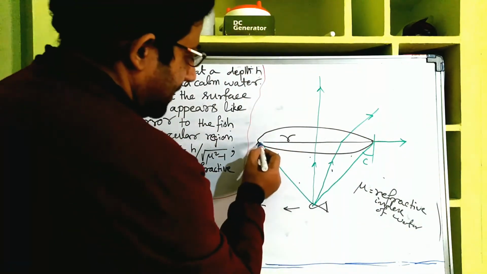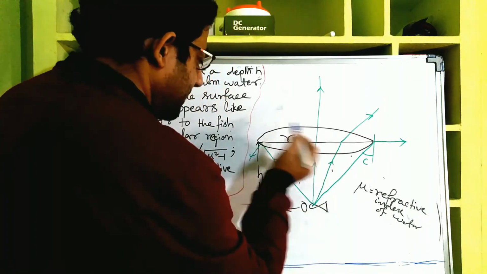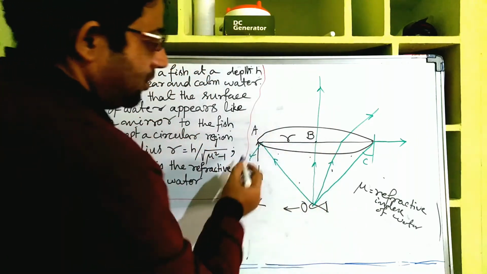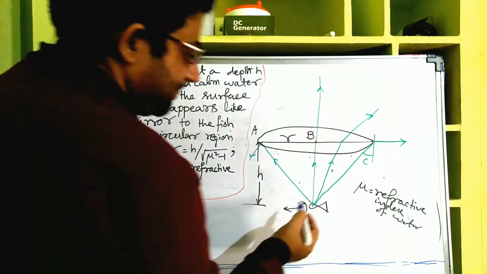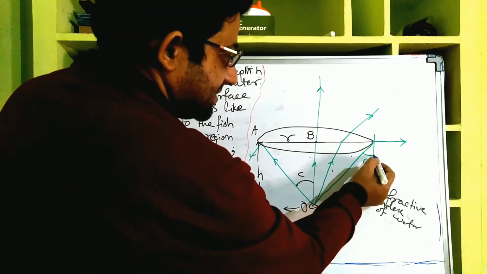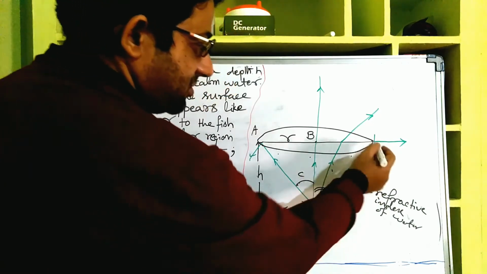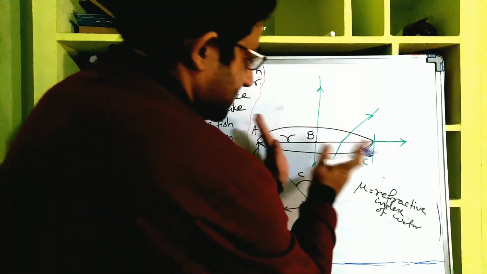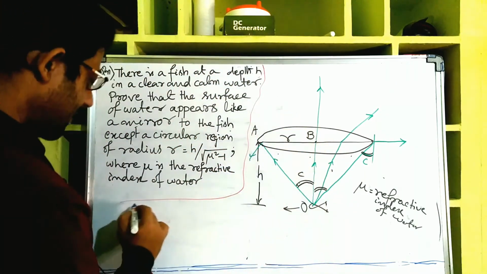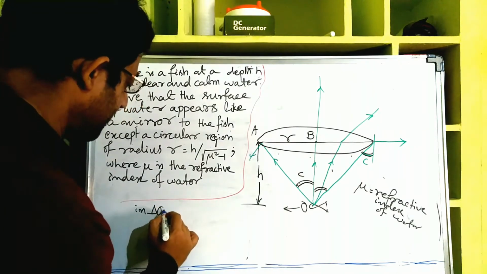Now see, in this triangle, instead of saying this, let's give some names. Let us call this O, this is A, and this point is B. In the right angle triangle OAB, this angle is C, the critical angle, yes or no? See, this is critical angle C, then this angle will also be C because of alternate angles. Now this is symmetric, right? So if this is C, this also will be C only. Now in triangle OAB,